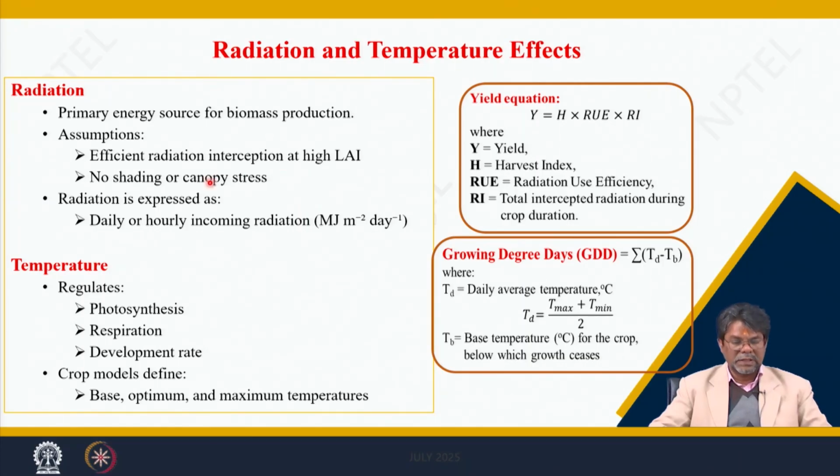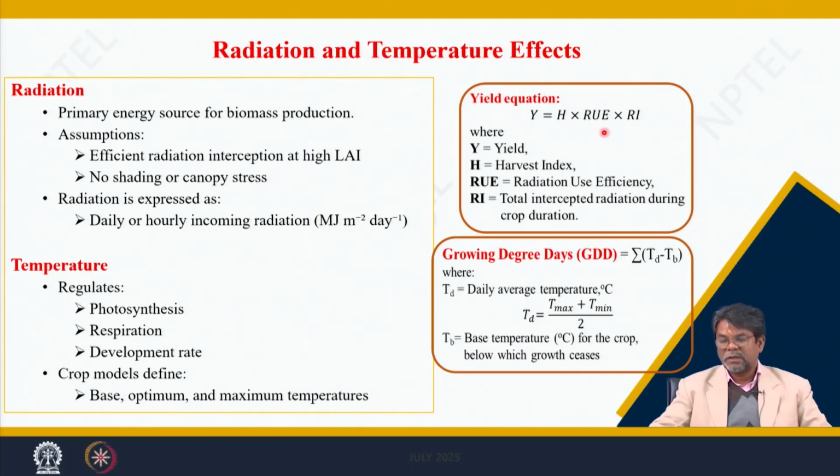There is no shading or canopy stress, in this case there is a higher interception of radiation. The radiation we get as daily or hourly incoming radiation is in megajoules per meter square per day. So, this is the unit that is an input in the crop model also, the radiation units. If you see earlier, probably you have explained this one, the yield is the multiplication of